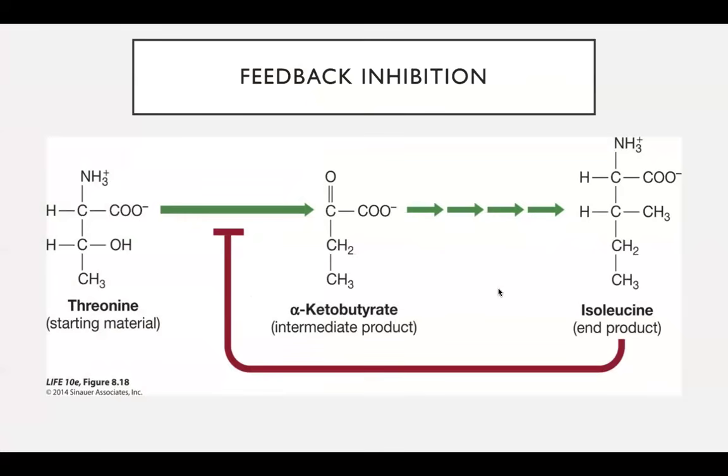So feedback inhibition is extremely common. You'll see this in a lot of your body systems, which you'll learn about in your third and fourth exam. Feedback is commonly referred to as a negative feedback loop. So your final product acts as a non-competitive inhibitor of any of your original enzymes because there's an increased concentration. It's essentially telling your body, hey, we have enough product. We don't need the substrates to keep binding to produce more of this product. So it shuts down the pathway.